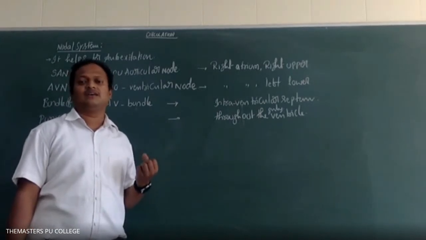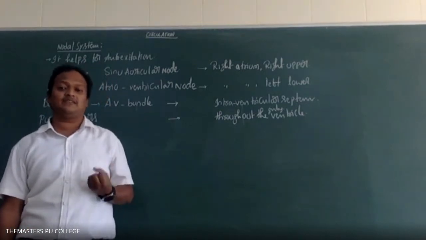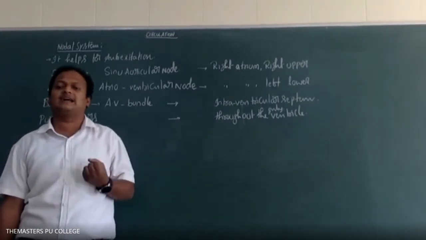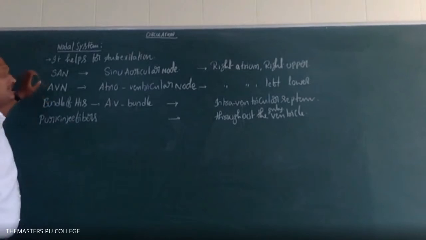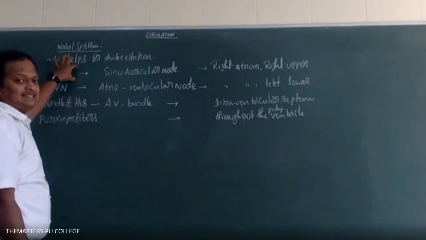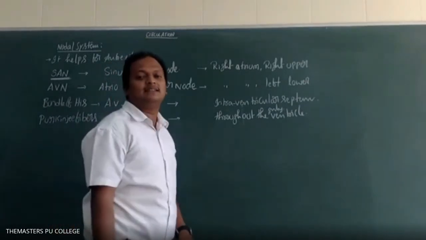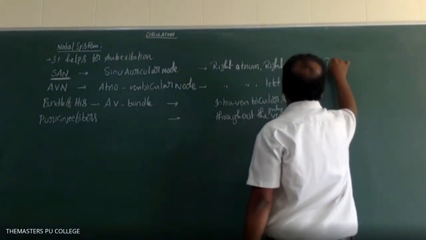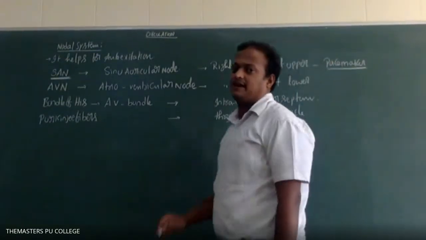Now, where is the action potential generated? For contraction and relaxation of the heart, what is required? The action potential is required for muscle contraction and relaxation. Action potential is required, and only then do contraction and relaxation take place. So, from which region is the action potential initiated? From the region of SAN. So the SAN is called, anybody? Pacemaker. Yes, students, it is called pacemaker.